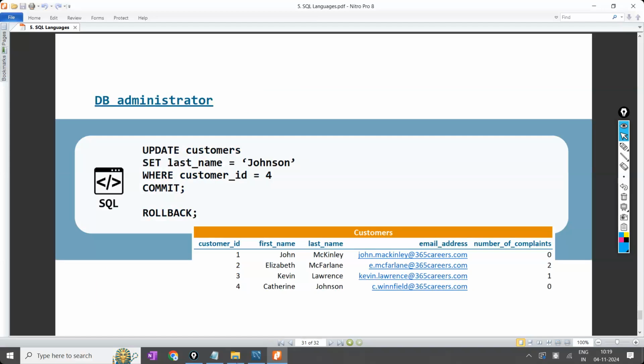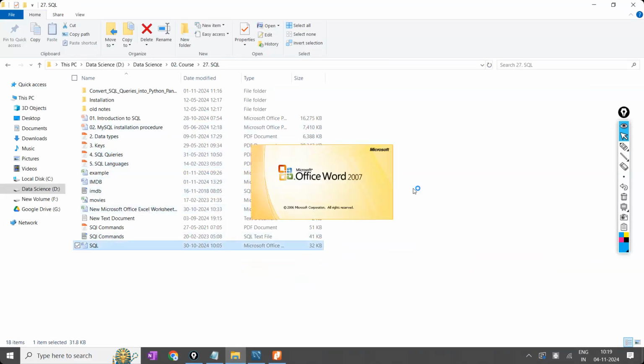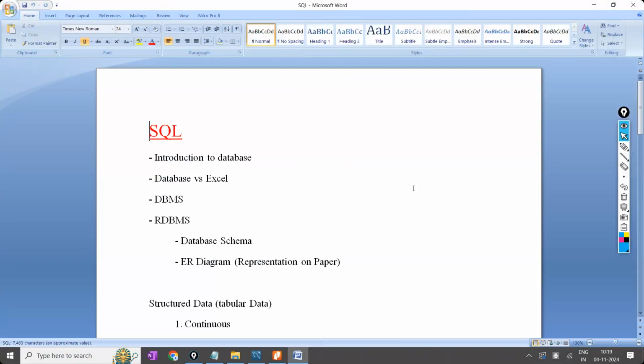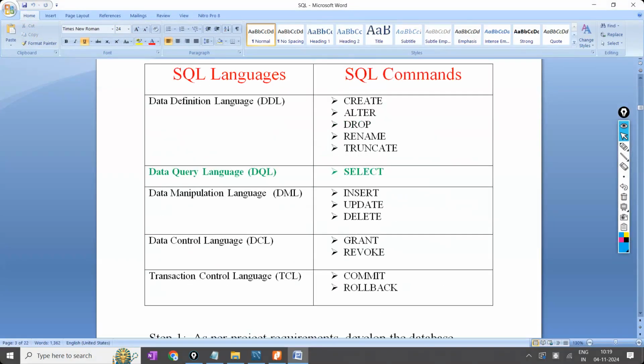Okay, now everyone, could you confirm me? We have discussed all these commands. We have seen the data types and constraints. Did we complete the commands? Create, alter, drop, rename, truncate, insert, update, delete, grant, revoke, commit, and rollback. All these words, I have explained for you the languages, commands,